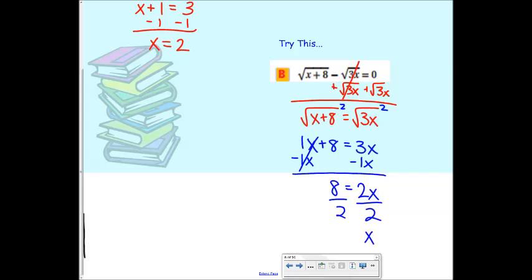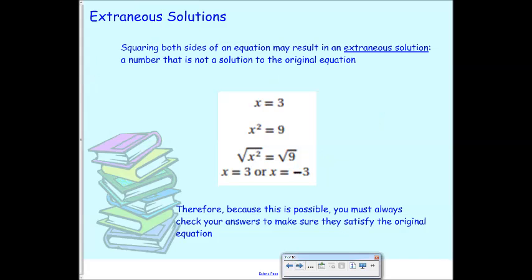All right, now, my only curveball is extraneous solutions. So extraneous, does anyone know what that word means? Weird. Kind of, yeah. If I say something is extraneous, that means it's unnecessary or it doesn't work. So an extraneous solution would be something that isn't actually a real solution. So when you do these radical problems, you've got to plug them back into the original equation to make sure